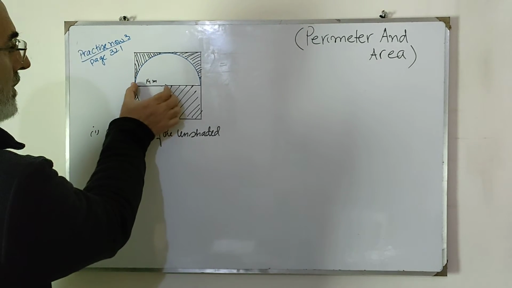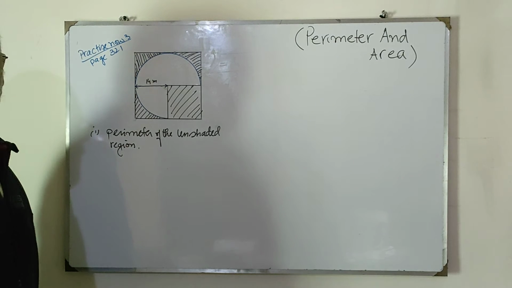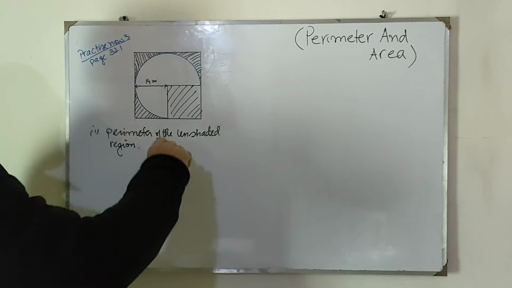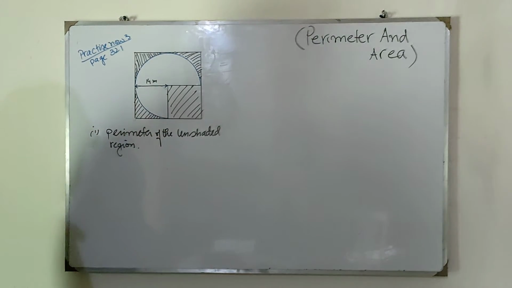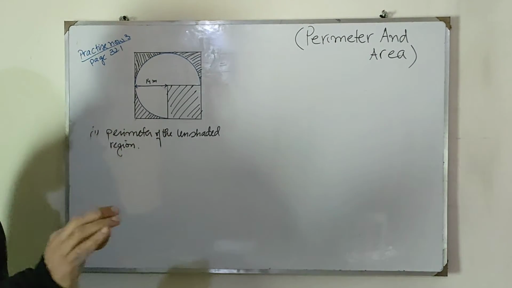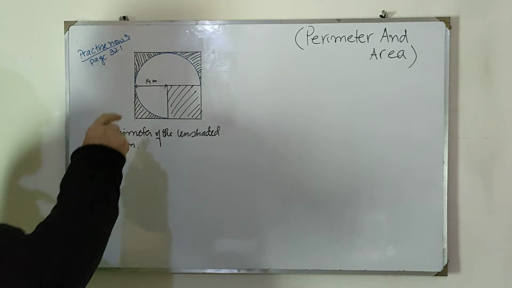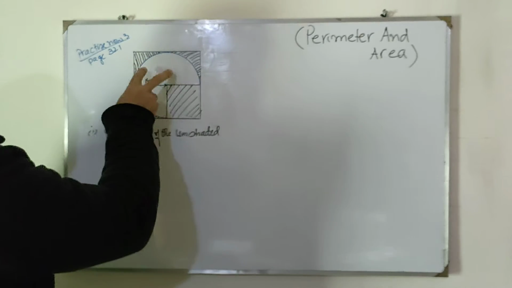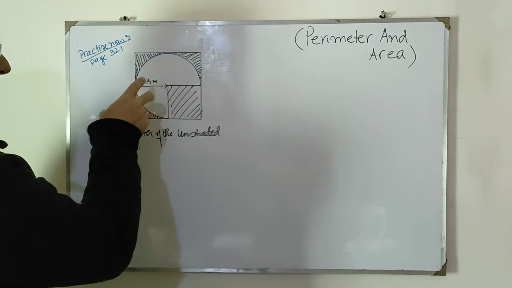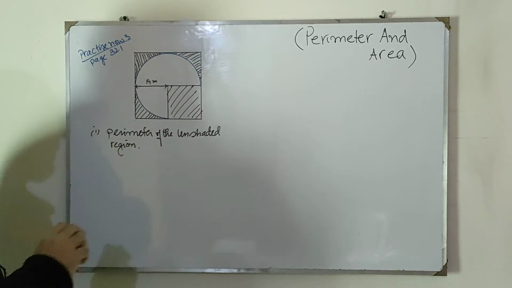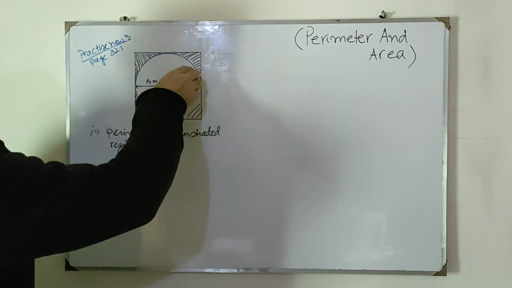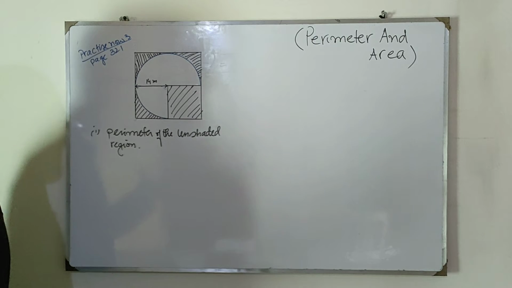This much is the radius. The unshaded region includes this semicircle and this quarter circle, right? That means we have to find the